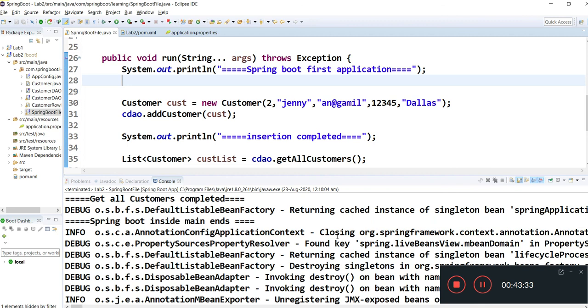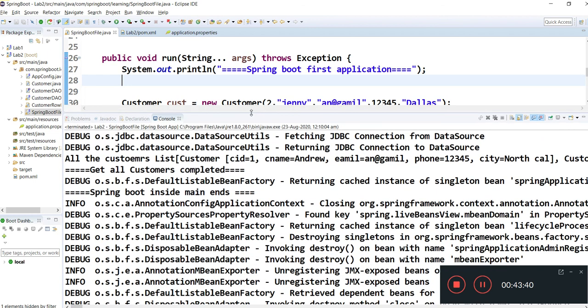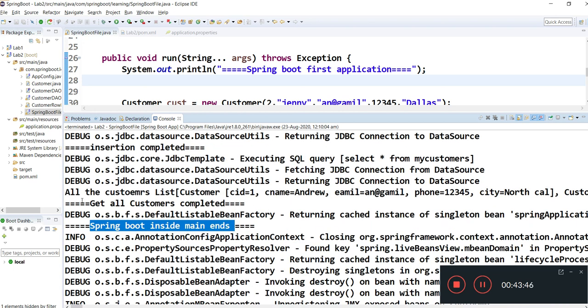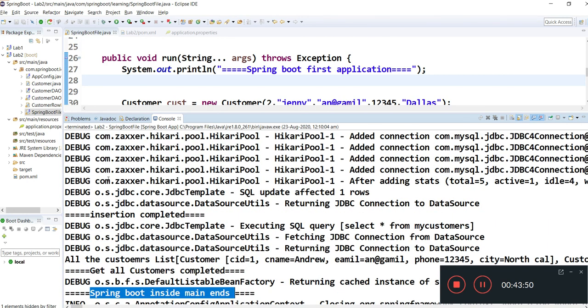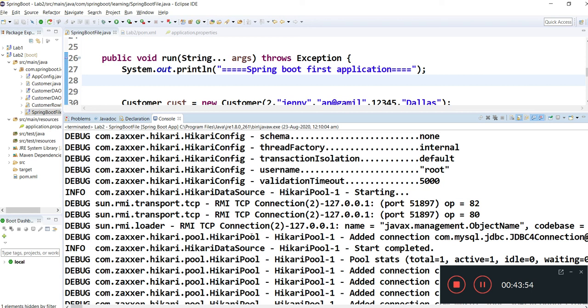See, here you can see Spring Boot inside main ends. Inside main, it executes get all the customers, which is inside our run. Insertion completed is also inside our run, and you can see the data source and the number of activities done from the Spring HikariCP.